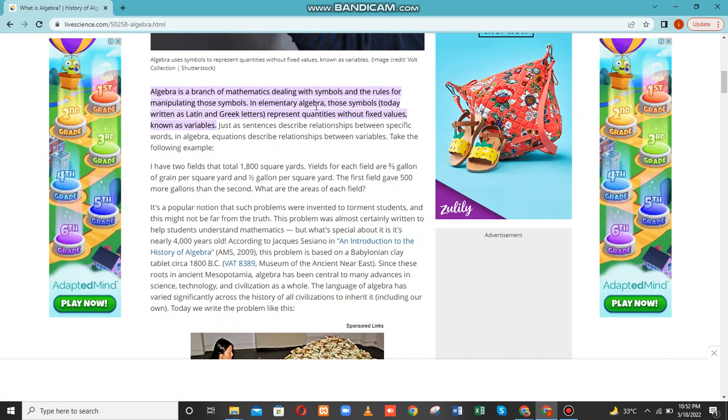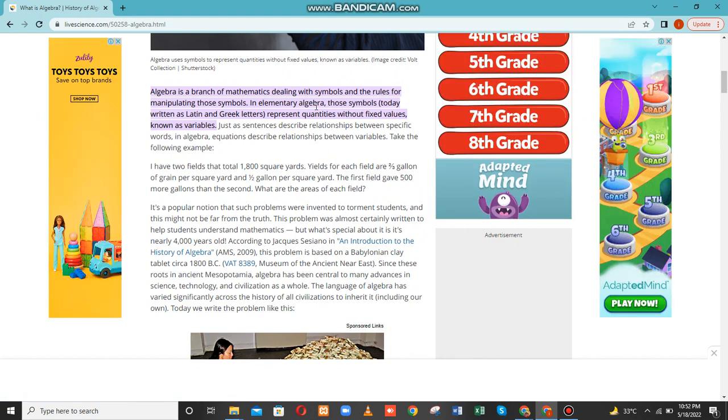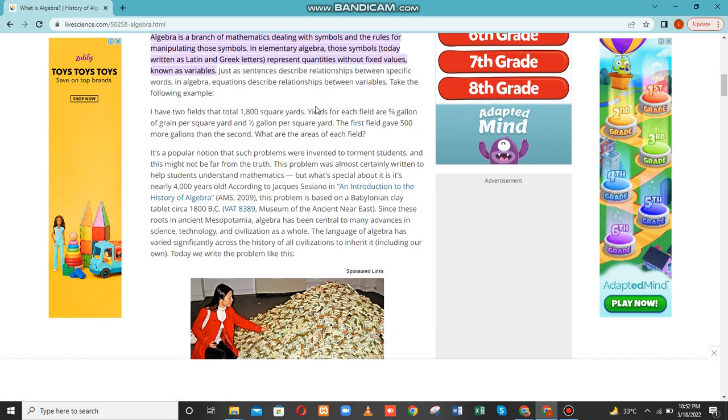This problem is based on a Babylonian clay tablet, circa 1800 BC, from the Museum of the Ancient Near East. Since its roots in ancient Mesopotamia, algebra has been central to many advances in science, technology, and civilization as a whole. The language of algebra has varied significantly across the history of all civilizations to inherit it. Today we write the problem like this: